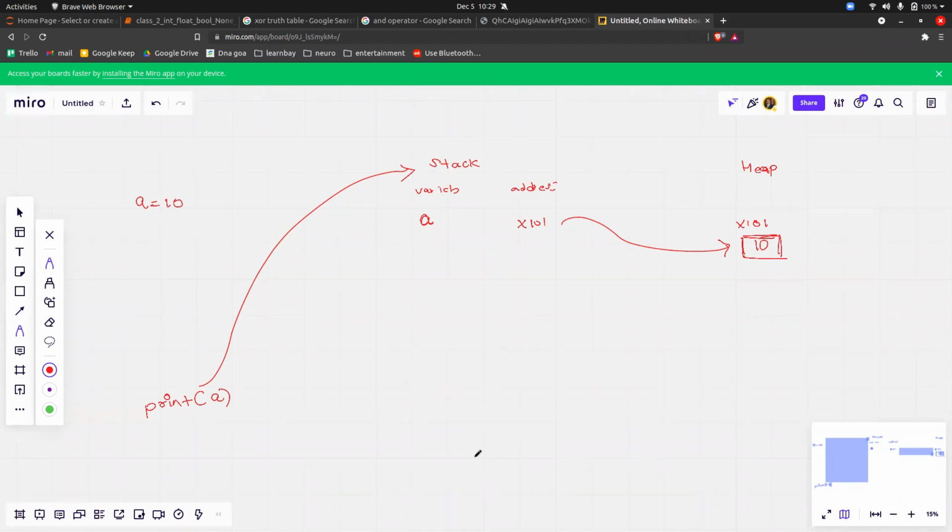Again, I will tell you. This is the stack area that we have, right? And when you did A equal to 10, automatically in the stack and the heap area, the variable A is created. The object is created with some unique memory address, and A will point to that unique address. Now if I do print of A, the job of Python is to search whether this A is present in the stack area or not. So A is present in the stack area.